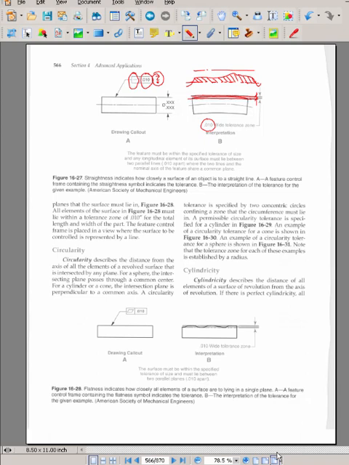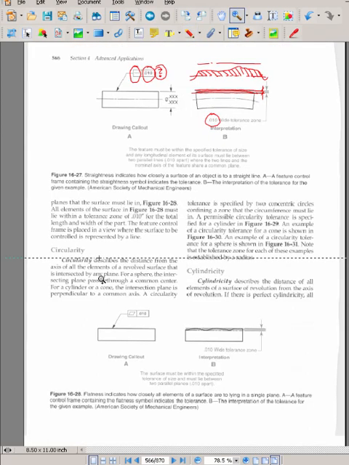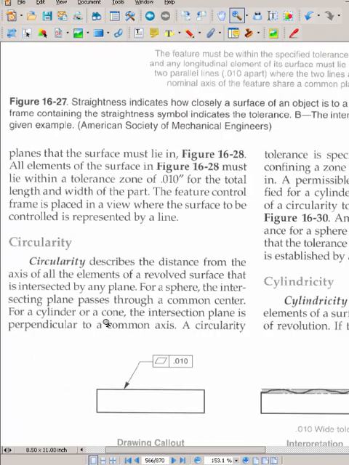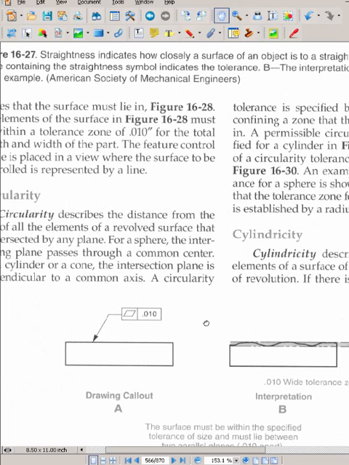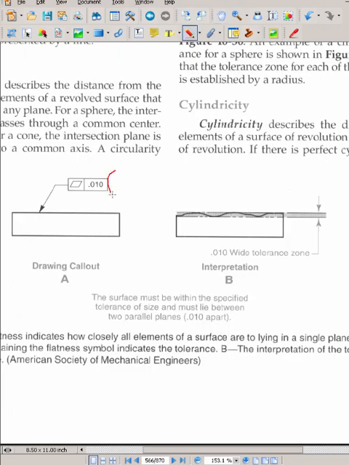Circularity is kind of the same thing, dealing with cylinders. Of course, if you look at it real closely, it says circularity. It describes the distance from the axis of all elements of a revolved surface that is intersected by any plane. It's a great way of just saying this right here. Notice again, you don't actually have to have a datum. You can just point at the surface and say, hey, this surface here has to